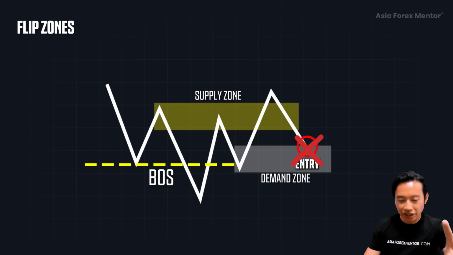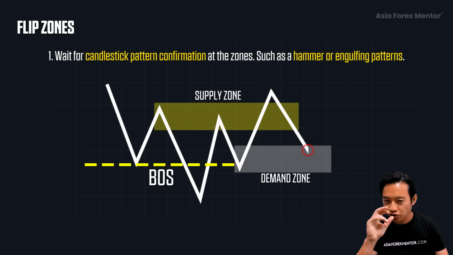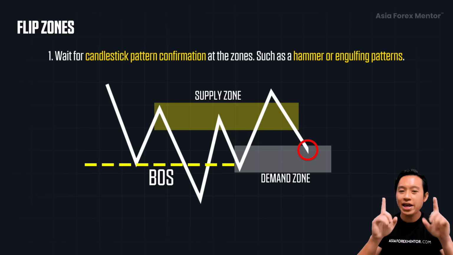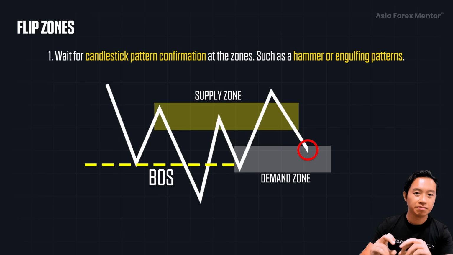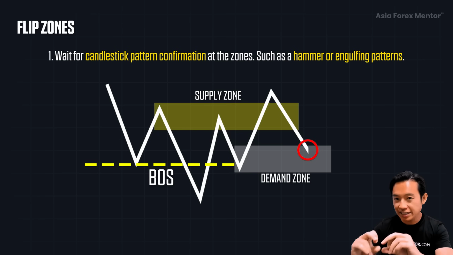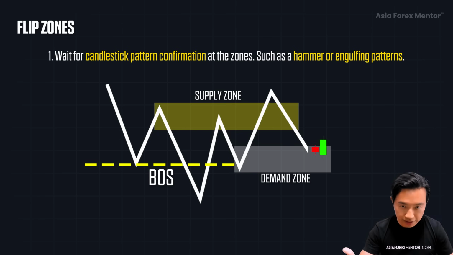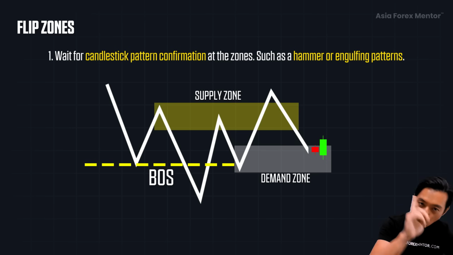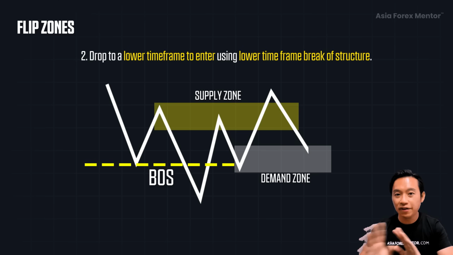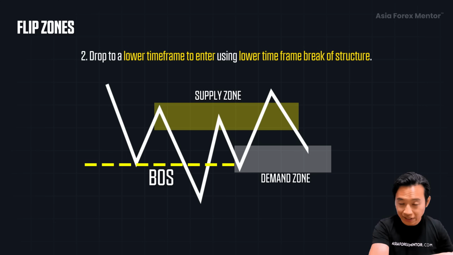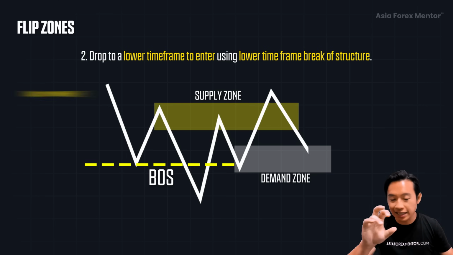No. You can do two things. Number one, once price reaches the zone, all these high probability zones, you wait for candlestick pattern confirmation at these zones, such as hammer or engulfing patterns. So this is like an add-on. Or number two, if there are no candlestick patterns, you can drop to a lower time frame. Assuming, let's say you saw this in a higher time frame,